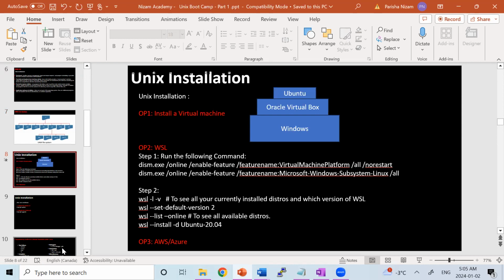Oracle has a software called Oracle VirtualBox. Another company, VMware, has their VMware Workstation software. Even Microsoft has a virtualization technology called Microsoft Hyper-V. So using Oracle VirtualBox, Hyper-V, or VMware, or any of the many other types of software